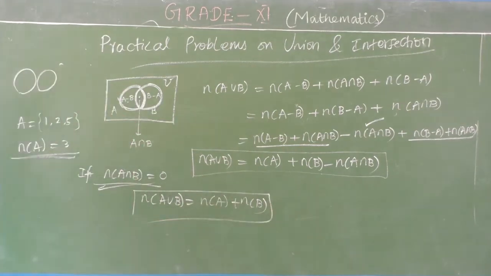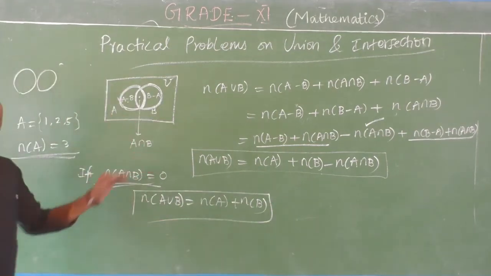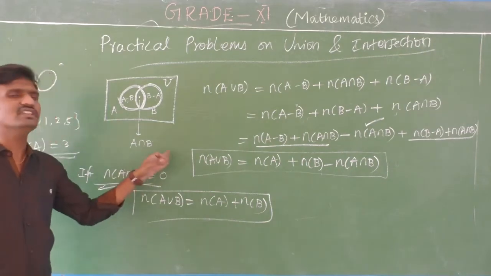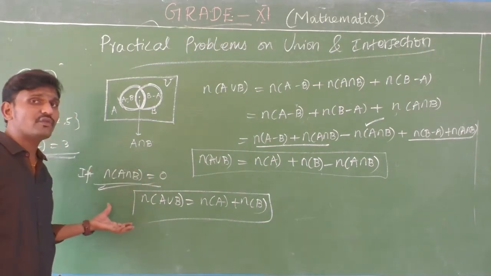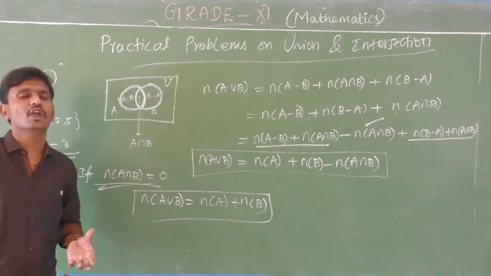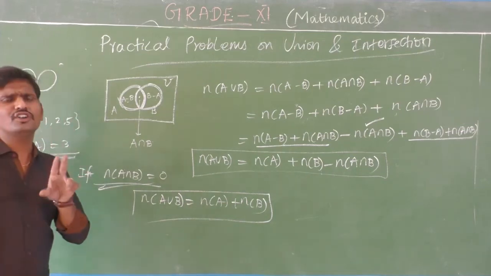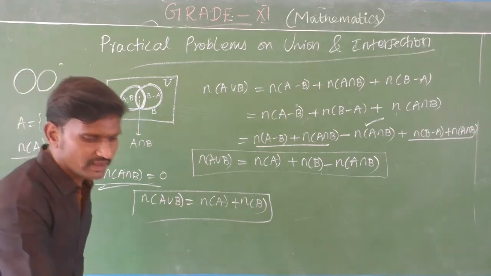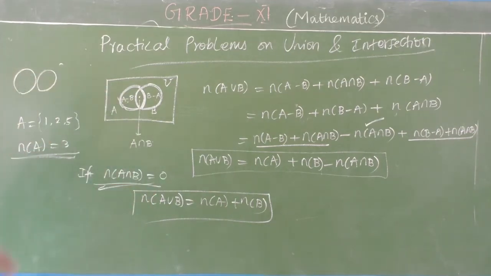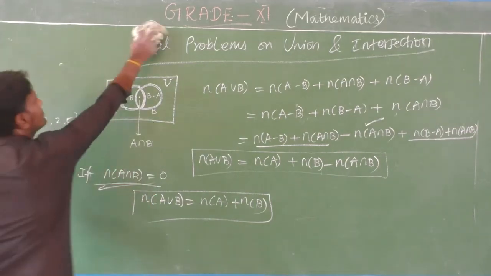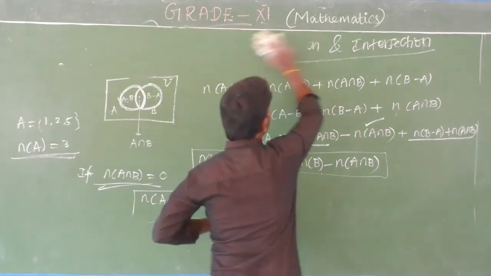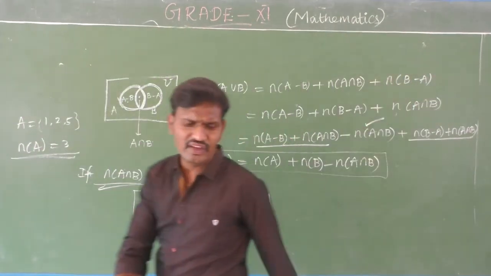Have you got it, children? So these two formulas, we use them the most, and we should know the formula for disjoint sets, because the creative sum will be asked of you, and at that time you need it. And these are only for two sets. Suppose three sets are given. How to use the formula? I am giving you now. Wait. Three sets are given.